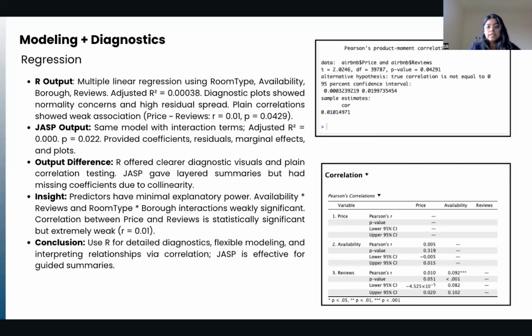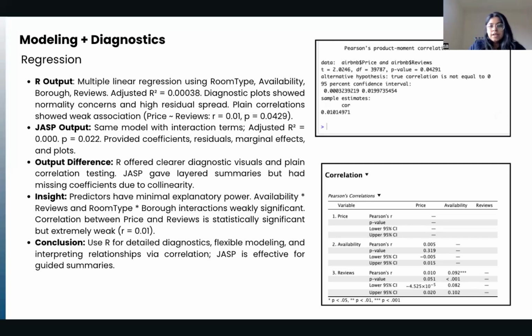Here, I built a linear regression model to predict price using room type, availability, borough, and number of reviews. In R, the adjusted R squared was only 0.00038. This suggests that the model explains very little of the variation in price. The diagnostic plots also showed non-normal residuals. I also added a simple correlation test, and price and reviews had an extremely weak correlation, that is r is equal to